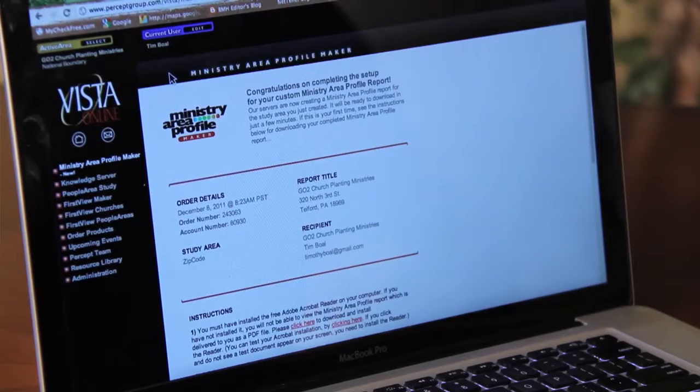With Percept Demographics, we have the opportunity to produce enormous amounts of data, as small as information about a block or a 15 to 25 mile radius. We can create demographics based on zip code, based on geography, or based on other components that you might like. Here's how we use the program.